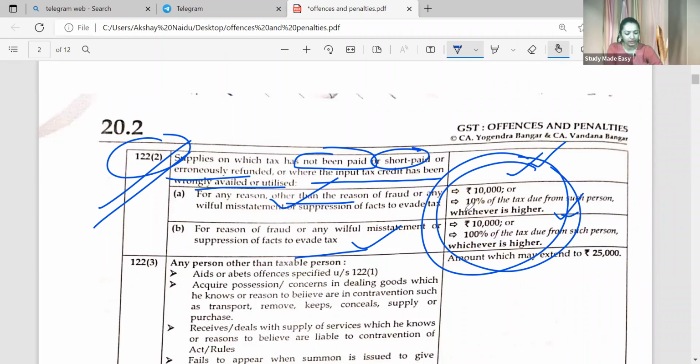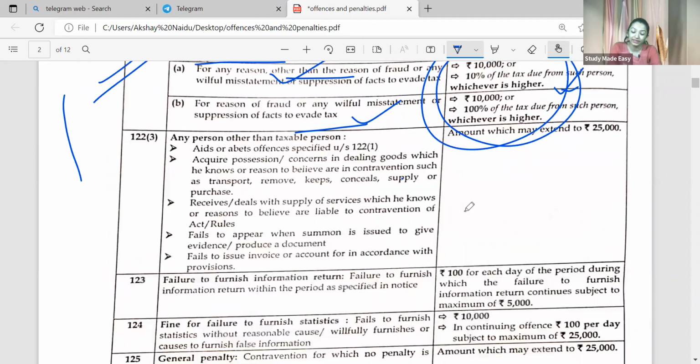Then after this, any person other than taxable person. Now it is other than taxable person, ma'am. What does it mean? Person other than taxable person. सबसे पहले ma'am, taxable person की what is the definition? Taxable person means person liable to register or person already registered. Liable to register, who is needed to get registered, and who is already registered. तो एक common noun जिसे बोलते हैं, a common word is taxable person, who is already registered or liable to